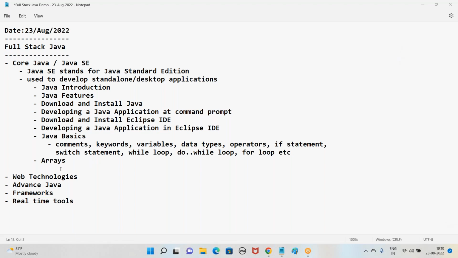Right? It's a collection of data. Whenever you want to collect some elements, we make use of the arrays concept. The next one will be a very, very important one: Java OOP, which means object oriented programming. This is the main thing for Java. If you are good with this object oriented programming,